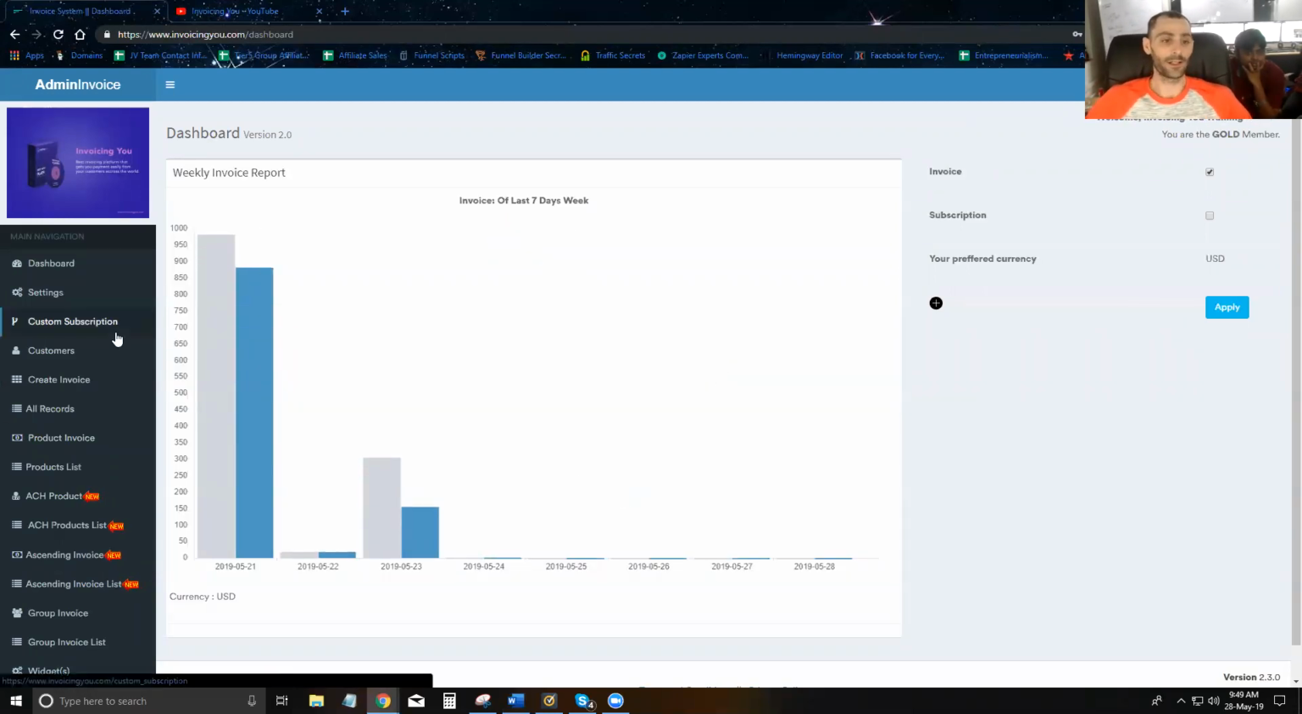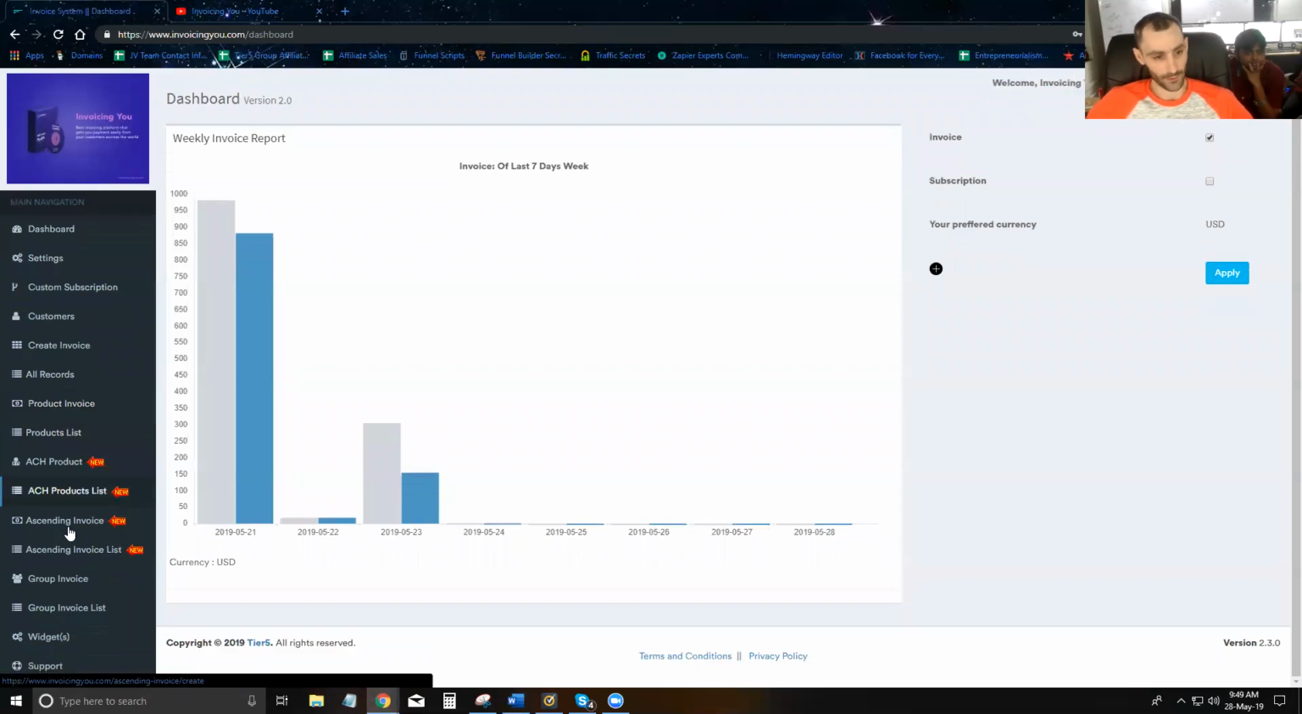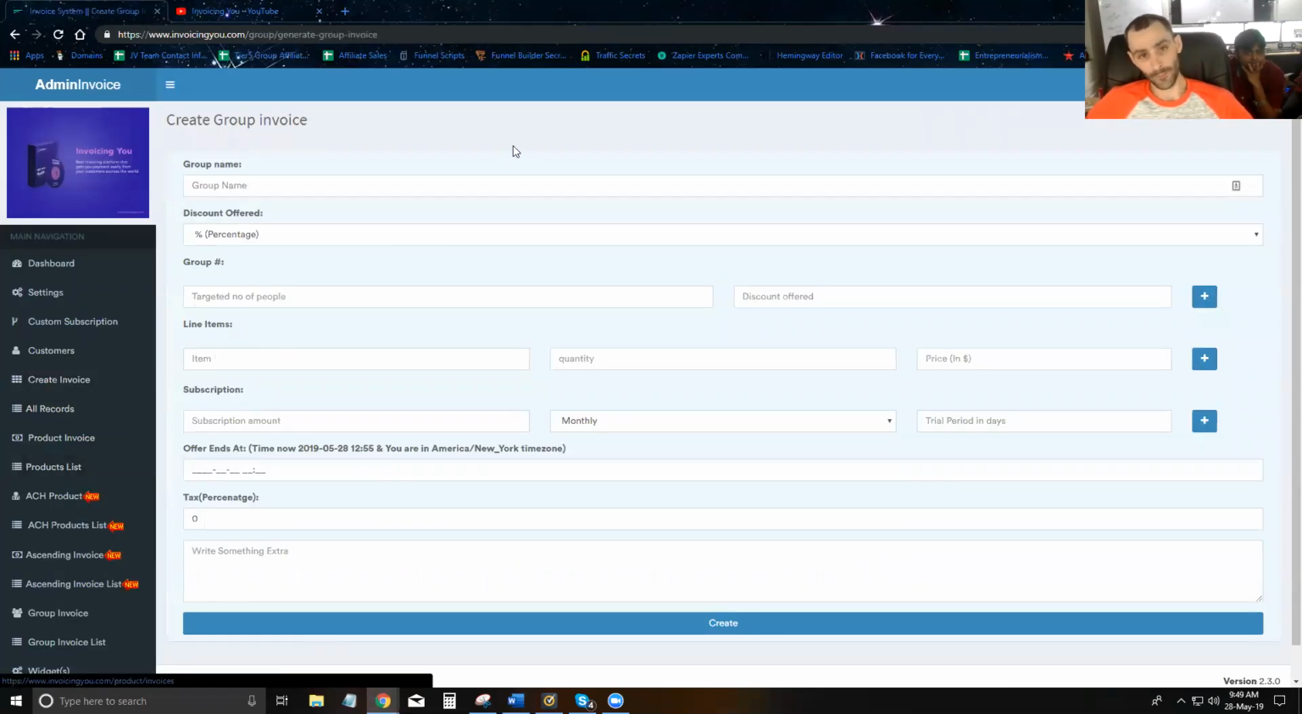So the big difference between the ascending invoice and the group invoice is the ascending invoice goes up in price after every so many orders, and the group invoice goes down in price after every so many orders. Okay, so essentially I'm going to show you how to create one, but I just want you to know how the group invoice works. Essentially how the group invoice works is you're going to create an invoice with an initial